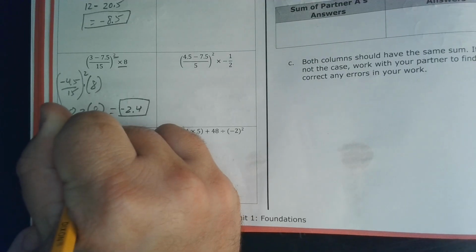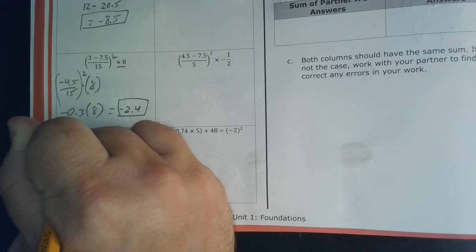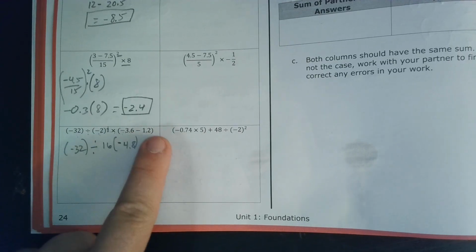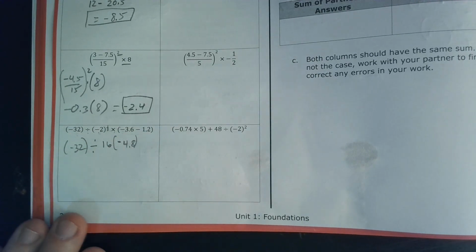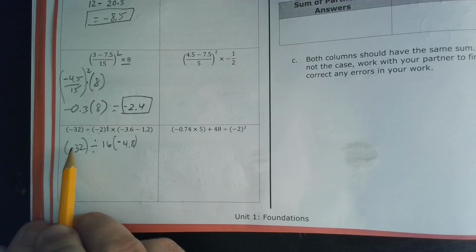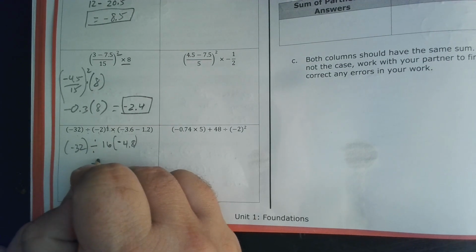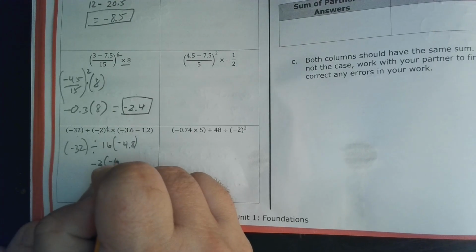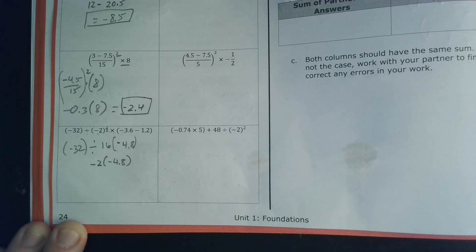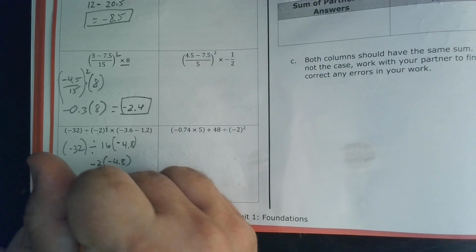16. And then I'm going to do this because this is the front of the problem we haven't messed with yet. So we did parentheses, exponents, now left to right, division and multiplication. So negative 32 divided by 16 is negative 2. And now we're going to multiply that by negative 4.8. So 2 negative times 4.8 negative gives you positive